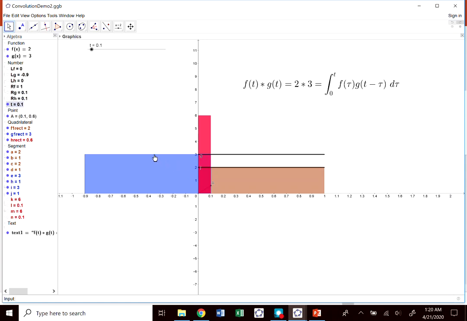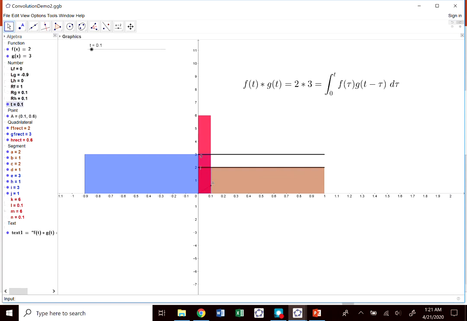This blue rectangle has scooted to the right by 0.1 units. Now, f of tau times g of t minus tau is what we need to do. That means the blue rectangle times the brown rectangle in the overlapped area. So that would be 2 times 3, on the interval 0 to 1. So that is 6. So that's why you see a rectangle of height 6 and width